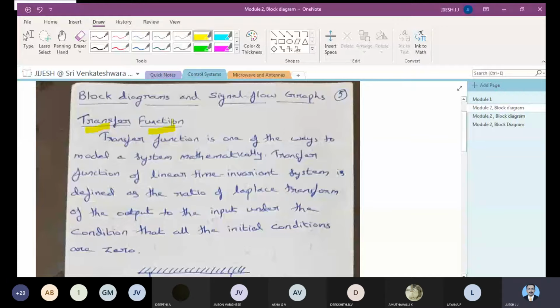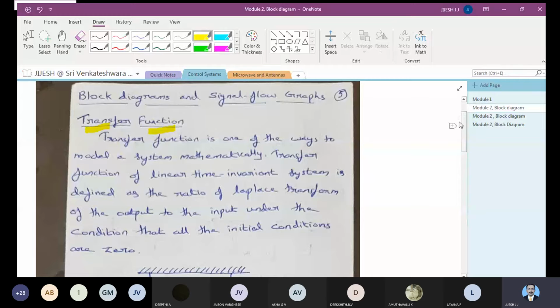We will take one of the systems, and we will try to simplify it further. So first we'll understand this in detail and then move on to solve the problems. So first, to understand, transfer function is a mathematical representation, and what you can understand here is it is the ratio of output to the input under the condition that the initial conditions are 0. So we will be studying those things in detail. So you can just note down the definition for that, and then we will move on further.